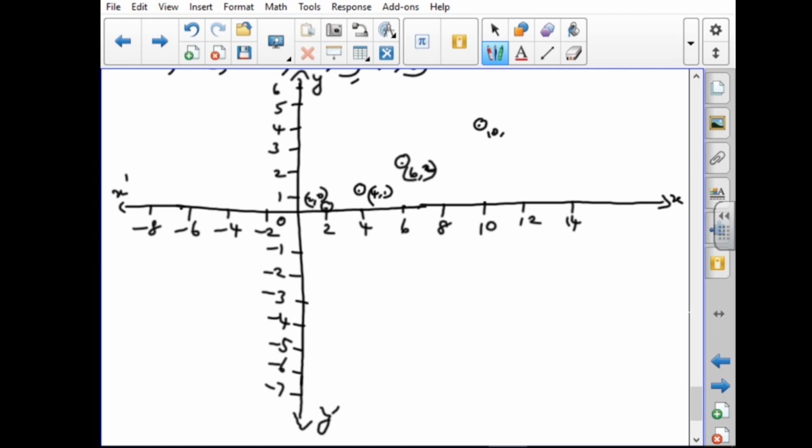So here you have to write 10 comma 4. The another one is 12 comma 5. 12 will be here, the 5 here. So we have to write 12 comma 5. That's all. This is we have to plot the points in graph like that. Now we have to solve the second sum in the 4 ways: set of ordered pairs, table, arrow diagram and graph like that.